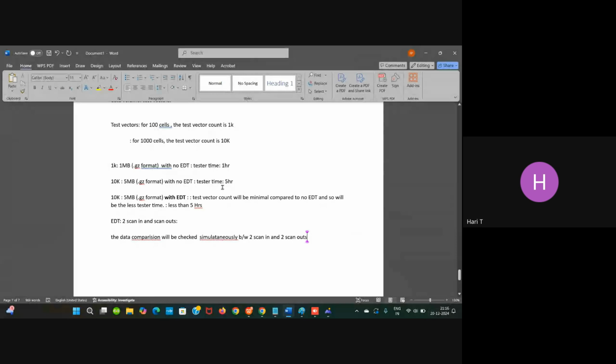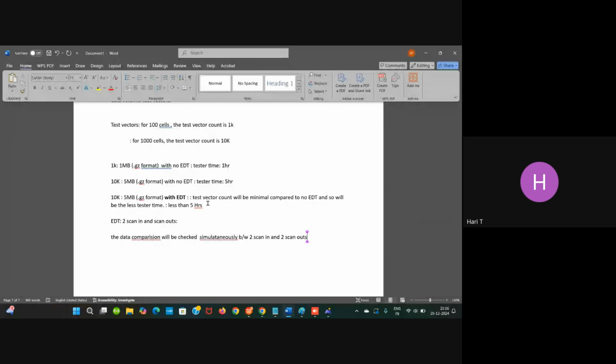Whether you have implemented a full level of EDT implementation, I mean to say, if you have considered all the available scan-ins and scan-outs for the EDT, and still you are facing more tester time, you should compromise on the test. There is no looking back. But when it comes to moderate designs, you should plan the EDT technique in such a way. You should give it for moderate designs. Tester